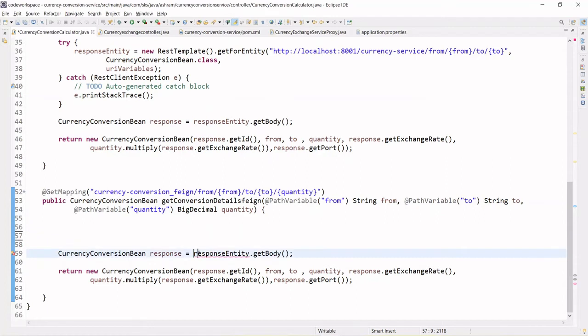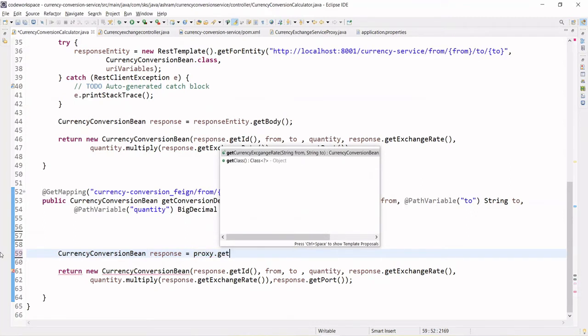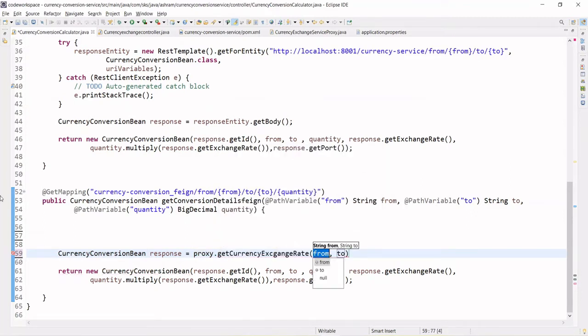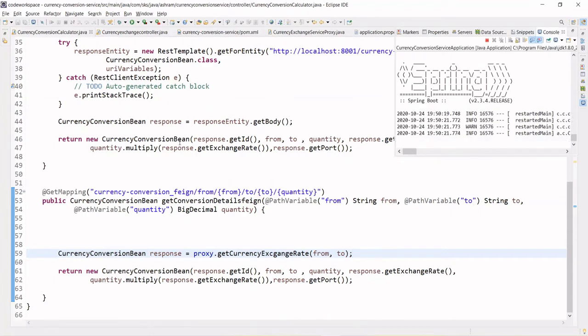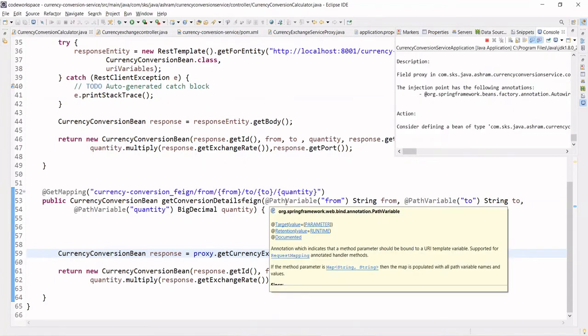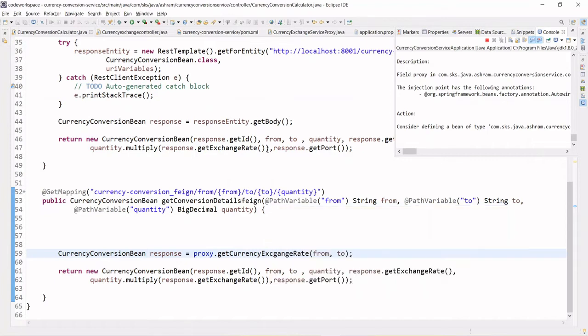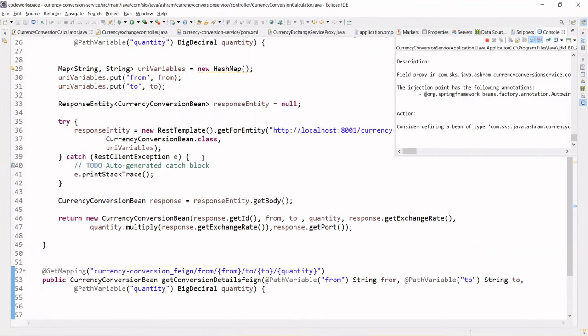Now you just need to call proxy.getExchangeRate and pass the from and to. That's it, done. Our job is done. Suppose in that microservice we have, let's say, 80 APIs, with GET mapping or POST methods available there. You don't need to write separate code for all 80 APIs.